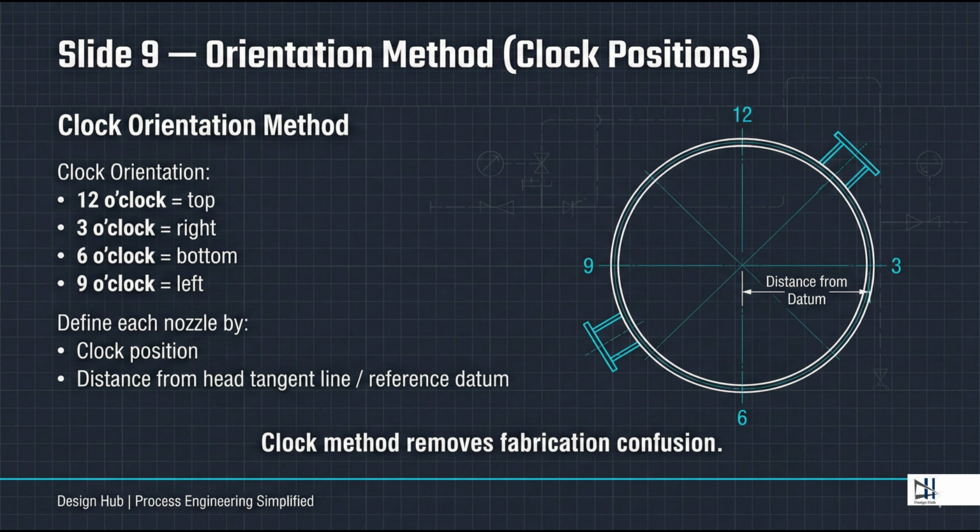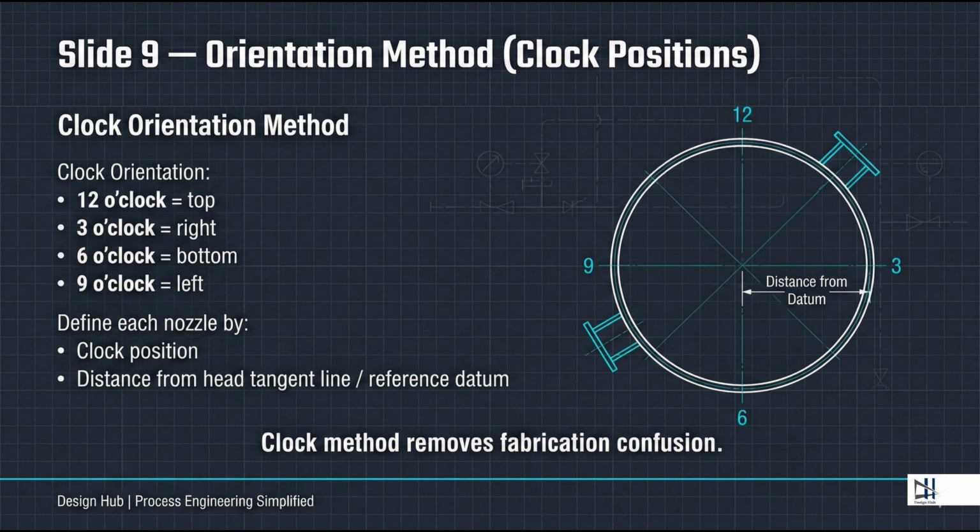Now we define nozzle orientation, and this is where many drawings go wrong. In EPC work, we don't say nozzle on top or nozzle on side. We define it like a compass using the clock method. Imagine you are looking at the vessel cross-section from the front. 12 o'clock is the top center, 3 o'clock is the right, 6 o'clock is the bottom, and 9 o'clock is the left. So when I write N2 at 12 o'clock, the fabricator instantly knows the nozzle must be exactly on